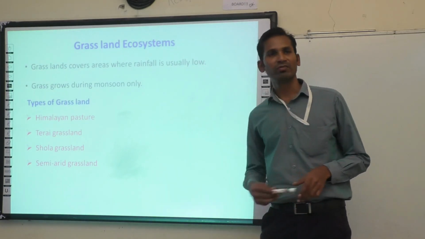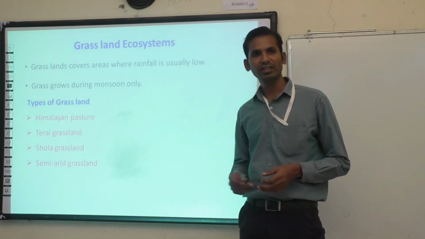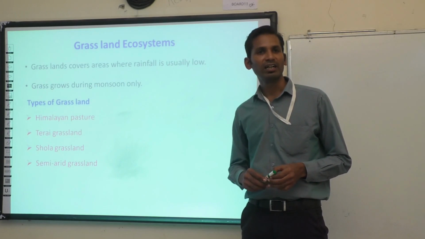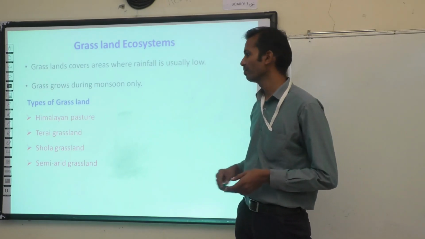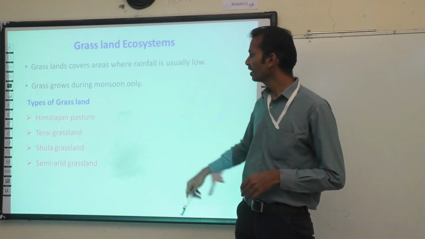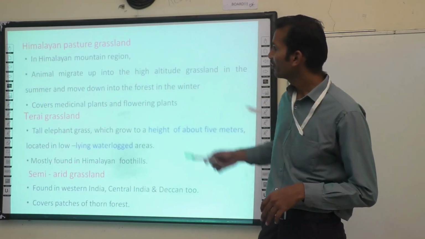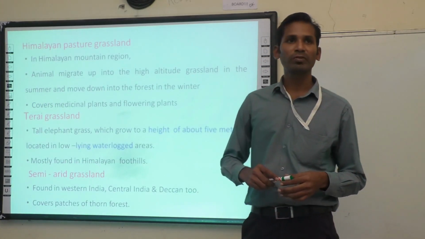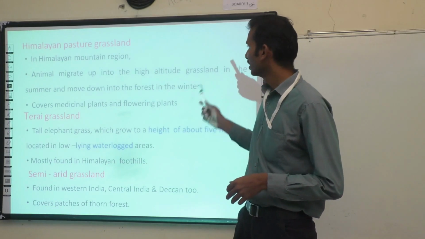Whereas in the world, we will be having savannas in Africa and in Australia, and different types based on the area they have named. So here in India we have four major grasslands. First, the Himalayan pasture. It is found at the top of the Himalayan area, where there is high